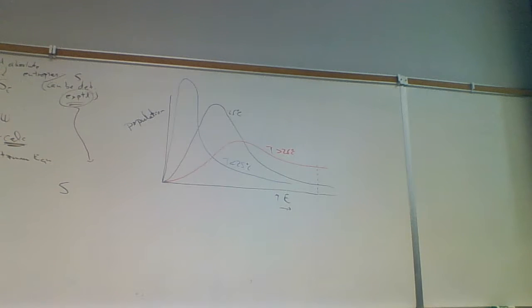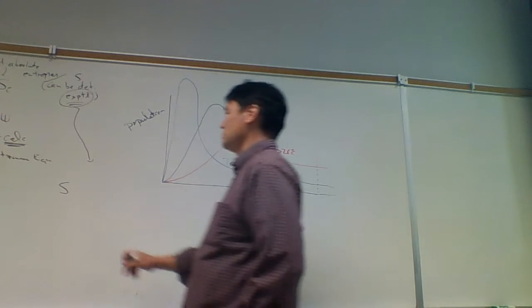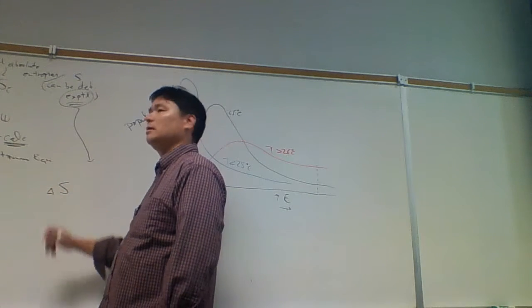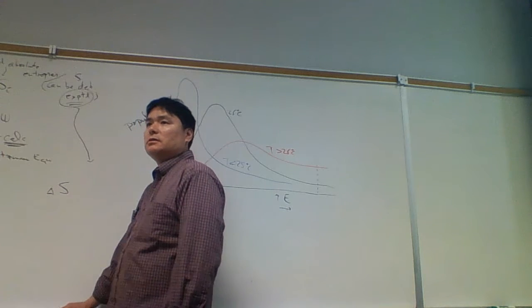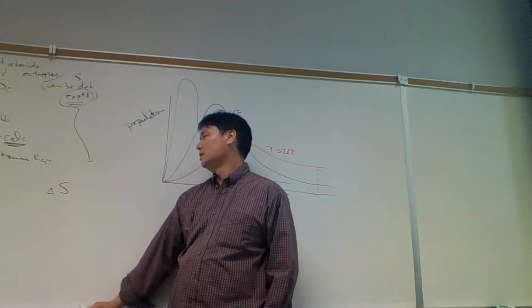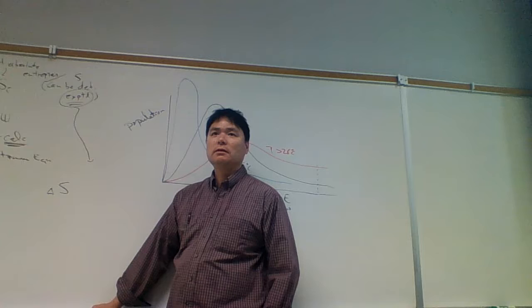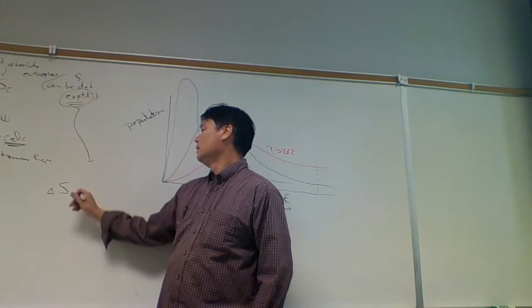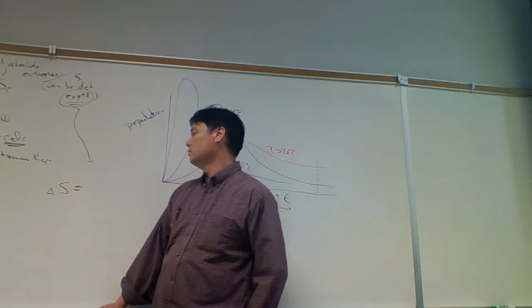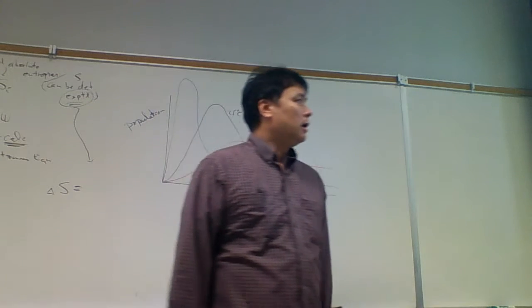Well, D is a small delta, and a small delta just means a very, very tiny change. And so, you know what, I'm not going to use dS, I'm just going to call it delta S. And so we're looking at a change in the entropy here, not the absolute entropy, but a change in the entropy. Now, delta S is equal to,